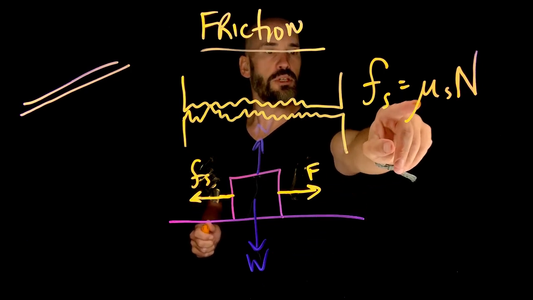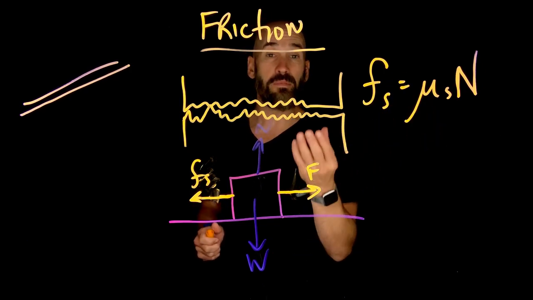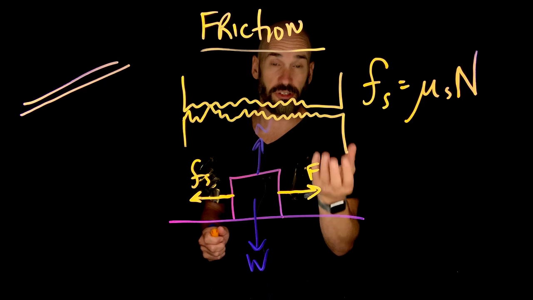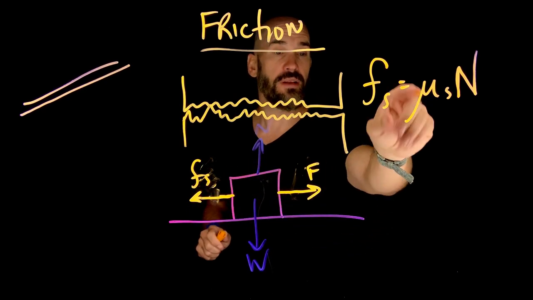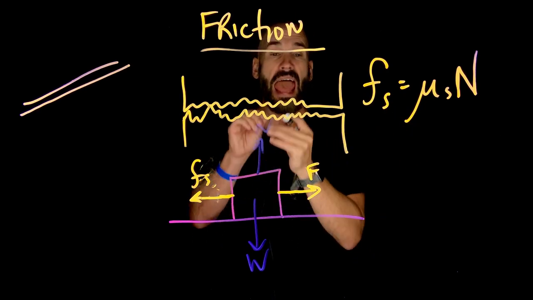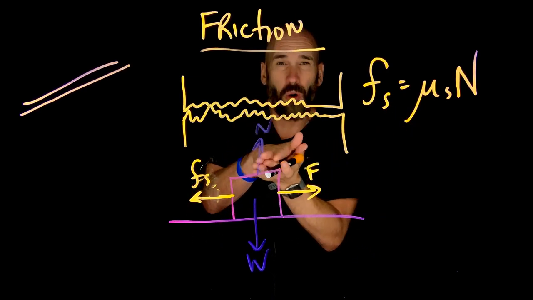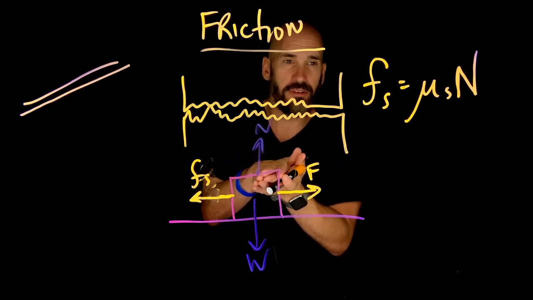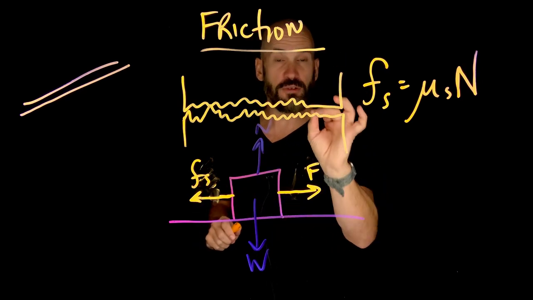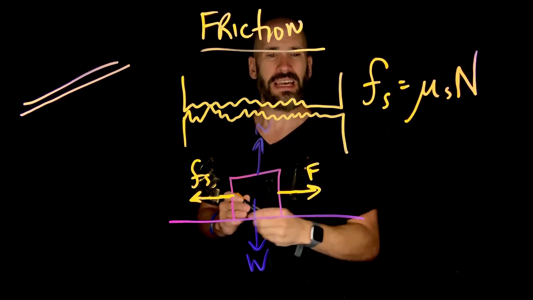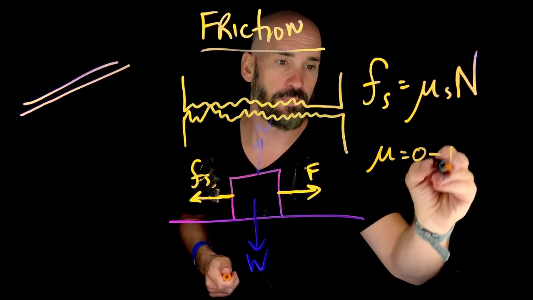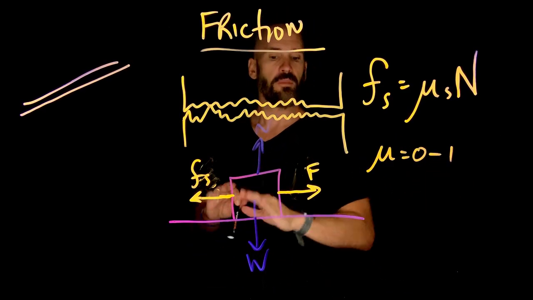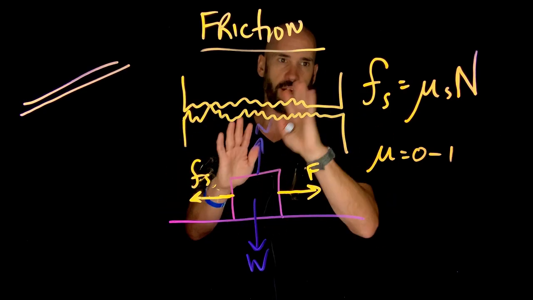So this mu s is called the coefficient of friction, and it basically is this little coefficient that determines the roughness of the surface, right? So there's a different mu for every two different surfaces. They have their own little mojo, their own little vibe together, right? So for any two surfaces, there will be some mu, and this coefficient is not always, but it's usually between 0 and 1. Okay, doesn't have to be, but you'll see most of the values you get are in that